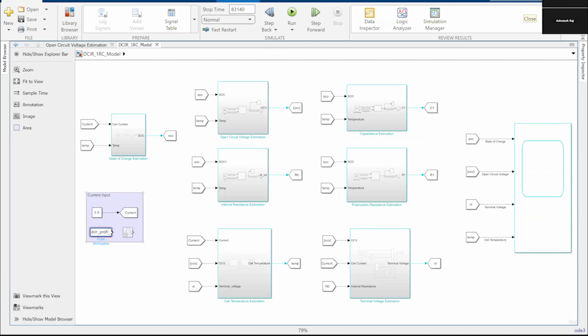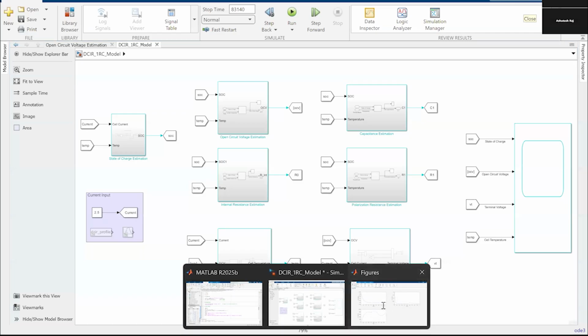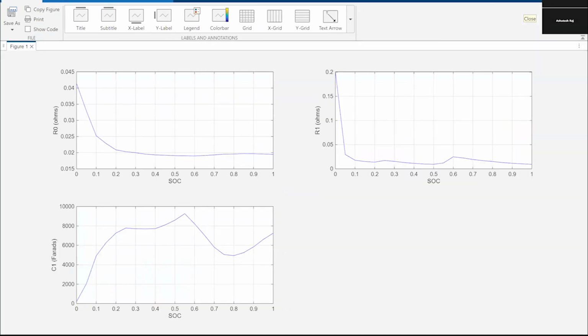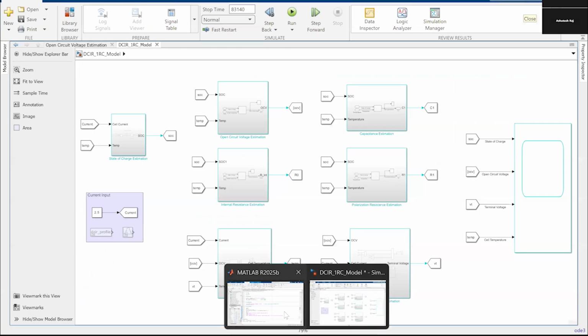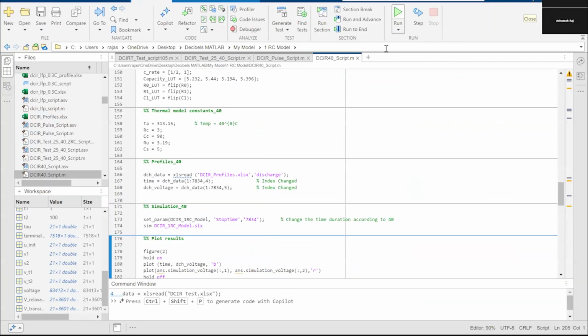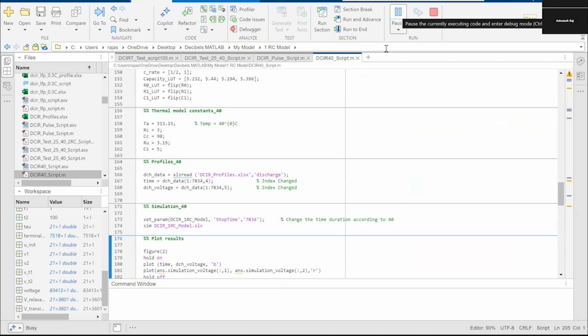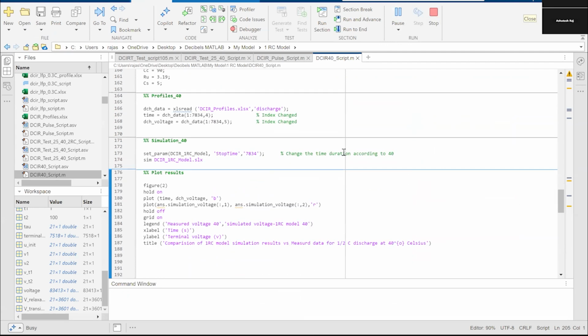Okay. So now this model will be excited with 2.5 ampere because we have tested our static capacity at 2.5 ampere at 40 degrees Celsius. Now I will go through and try to validate the static capacity profile. So here I will just run this. Yeah. So meanwhile it is running,